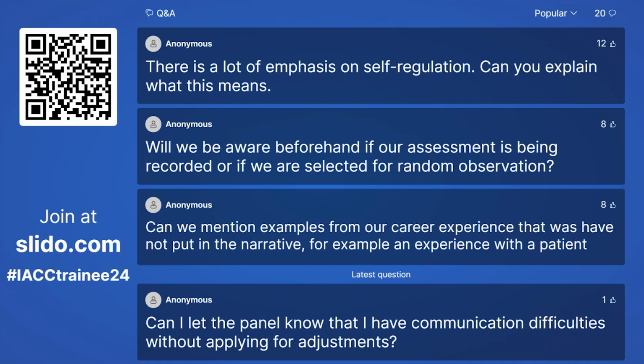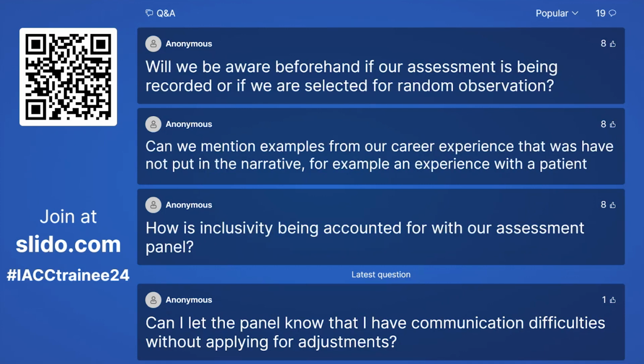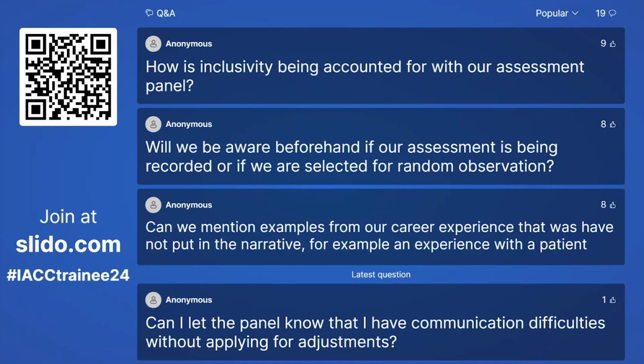It's about knowing very much the scope of safety and knowing where you should stop in order to be safe, not just for yourself, but for those people you work with and those people that you are serving. There is detail on the internet, on our website, about self-regulation and about scope of practice. And again, if that's helpful, we can put links to that in the FAQs for later. But it's very much about being aware of your own limitations within practice.